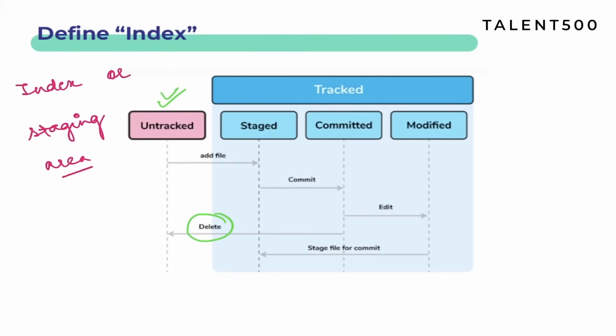If you see this image, when you talk about this staged status, this one is indicating the staging area. In this particular area, we offer people the chance to see whatever changes we have done. Once you are evaluating your changes there, you will have the option of committing them. It is like we are performing a check there. Once you approve those changes, once you approve all those files, you can go ahead and commit them.